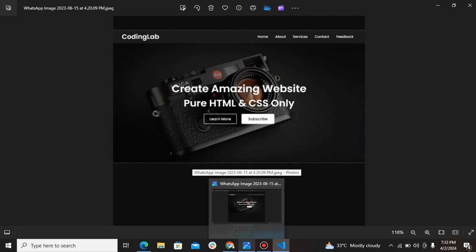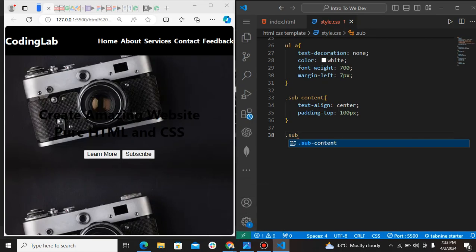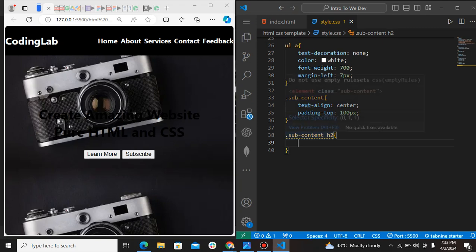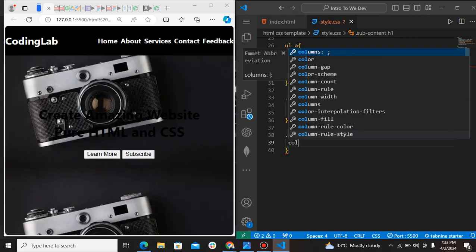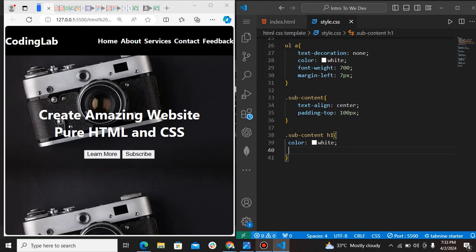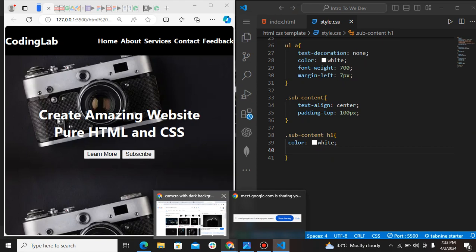Okay, all right. Sub contents h2, as this h2 here. Okay, h1, what's h2? H1. So we say color is white, and then we say font weight is